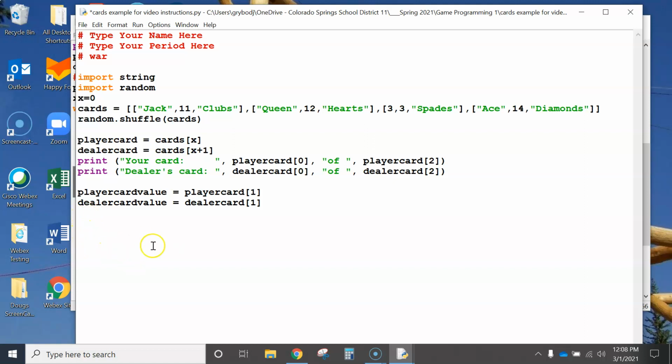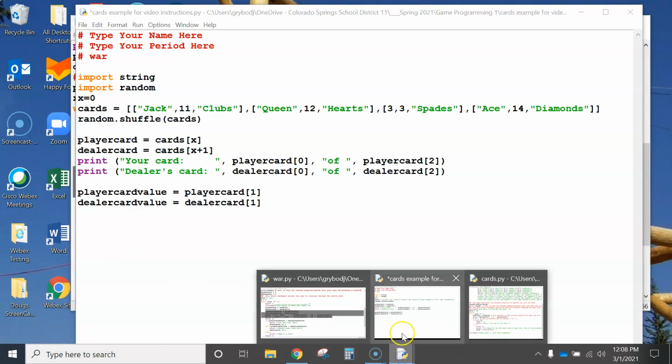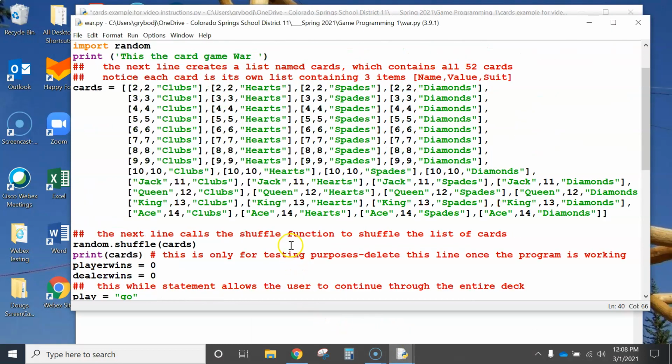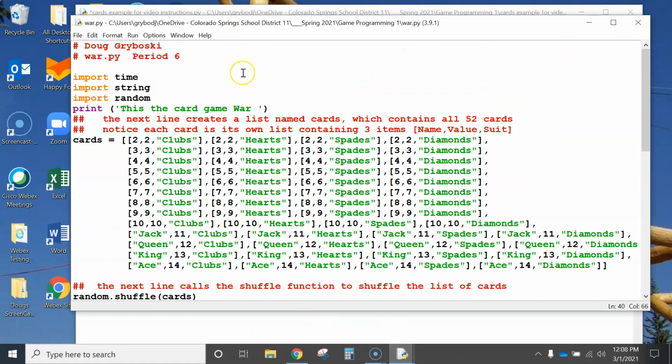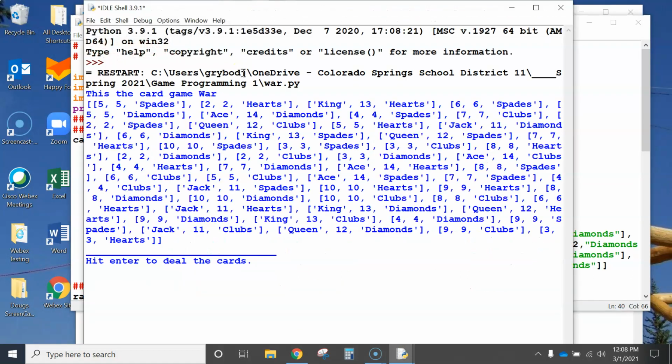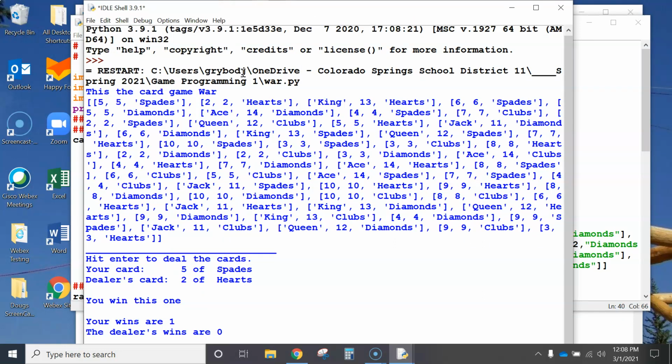But basically what you want your game to do is it looks like this. Let's see, I'm going to go into mine. Where am I? Yeah, this is the war game. Okay, so I'm going to hit F5 and hit enter to deal the cards. My card is a 5, the dealer's card is a 2. You win this one, so it does an evaluation and prints out on the screen